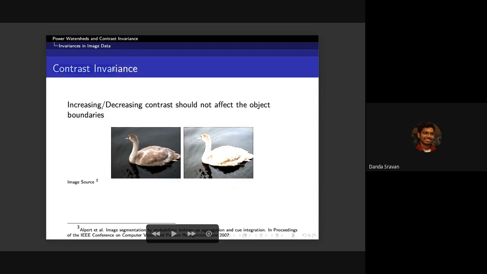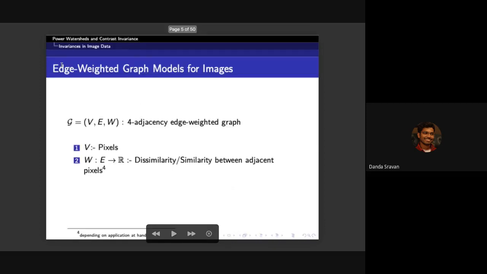So the question that we ask is, can we utilize this contrast invariance to improve the existing algorithms in some sense? So maybe accuracy or maybe speed. The answer is we actually improve the speed of several commonly used optimization based algorithms. So how exactly do we do that? The answer is what we need is something called the Power Watershed framework. Before going to the Power Watershed framework, I want to talk about some basic terminology that is required for